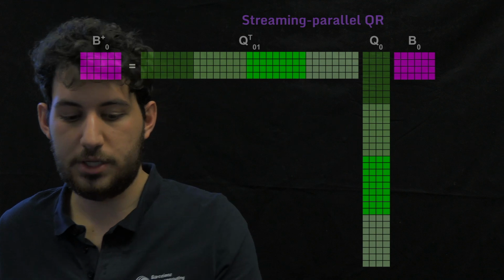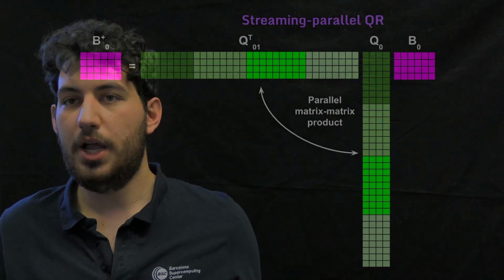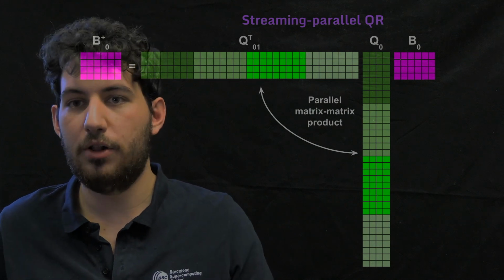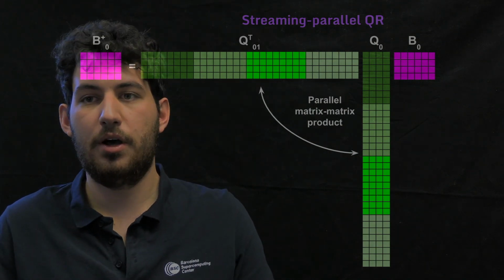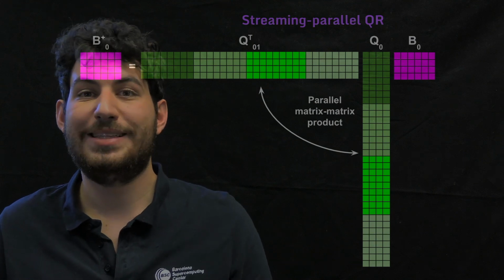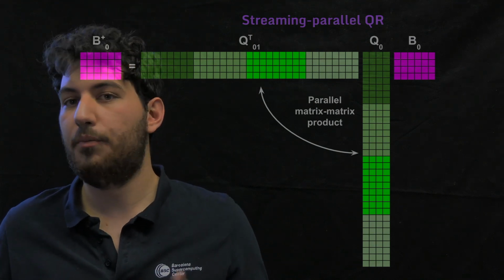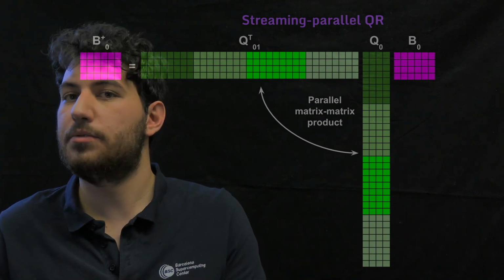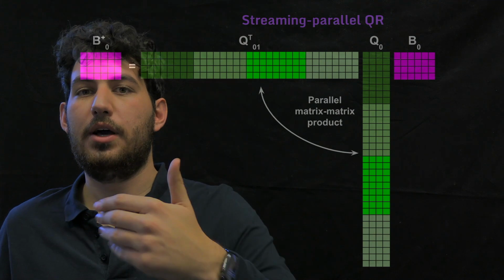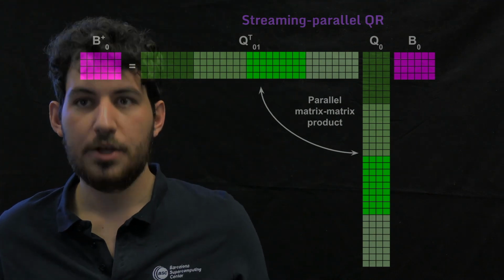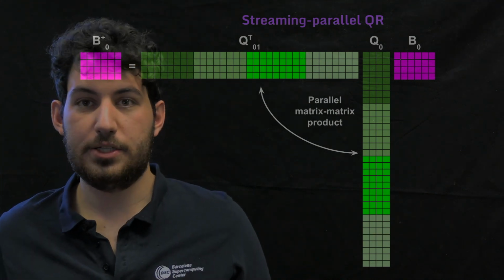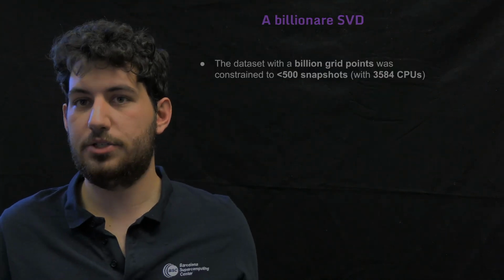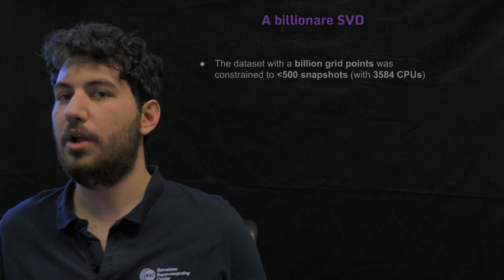So what we're going to do first is always this parallel matrix product. In that way, we are actually constraining the size of our product a lot. We remove all the large scale computations with a parallel matrix product that doesn't increase in size when we have more snapshots to update. That's important because that makes our algorithm stable in terms of iteration cost when we grow the number of snapshots. So once we have that, we can just continue that process indefinitely because we know that it's not going to grow. And that actually leads us to a really nice pathway to a billion-point singular value decomposition,